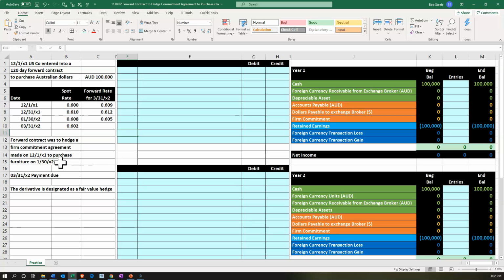So the hedge that we're going to be setting up is going to start at 12/1 when we made the commitment, even though we have not yet purchased the equipment at that time. And we're going to make it for 120 days, which is going to be from December through the time that we actually make the payment, which is on 3/31. So that's going to be a 4-month time period, or 120 days. Okay, so we're going to start this thing out on